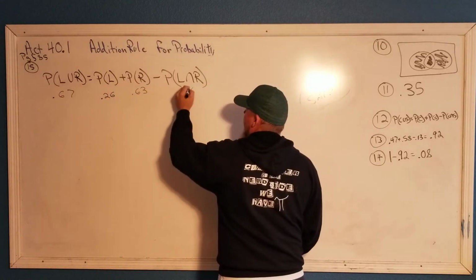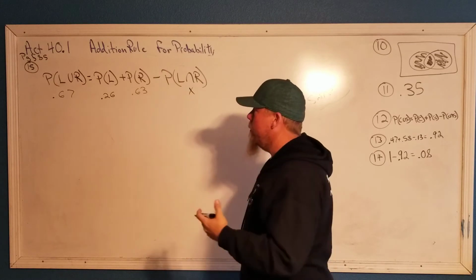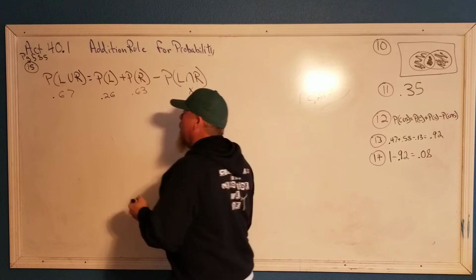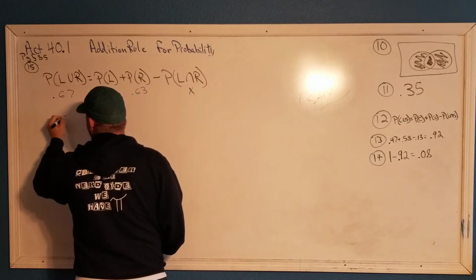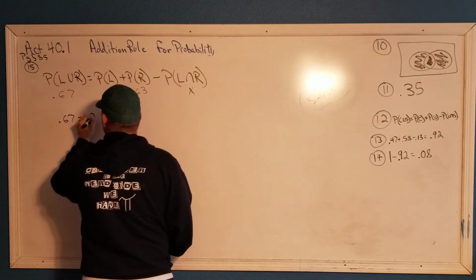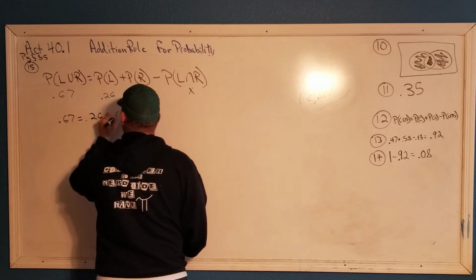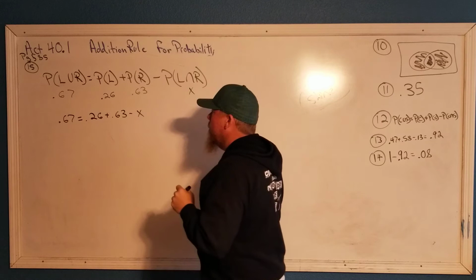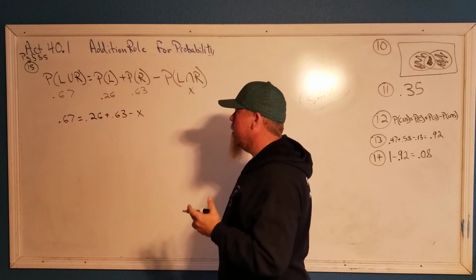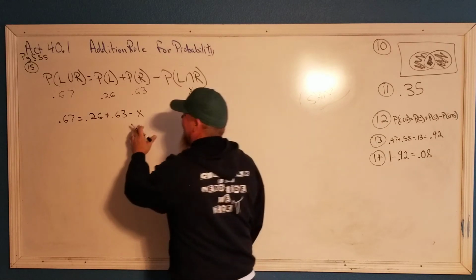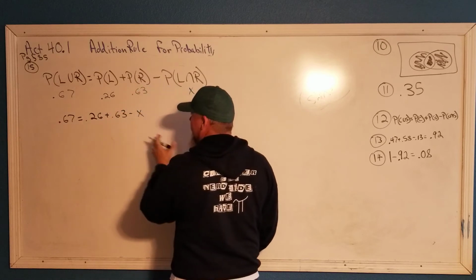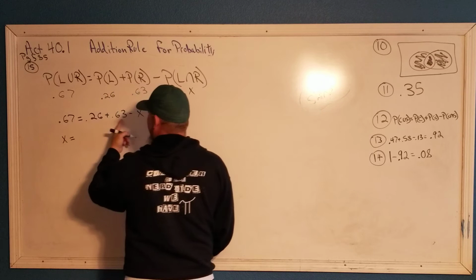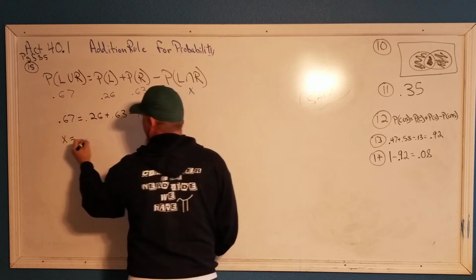I'm just going to put an X here, just so we understand that all we're doing here is algebraic stuff. So I'm going to write this out algebraically. 0.67 equals 0.26 plus 0.63 minus X. Now, the simplest way to do this that I see is I'm going to add X to both sides and I'm going to subtract 0.67. However you do the math, you should end up with X equals, if we add these two together, this becomes 8, that becomes 9, so we get